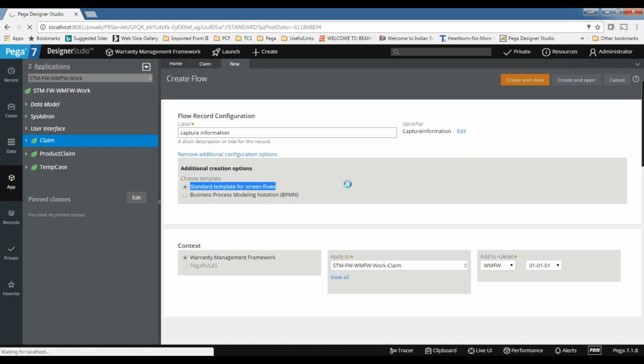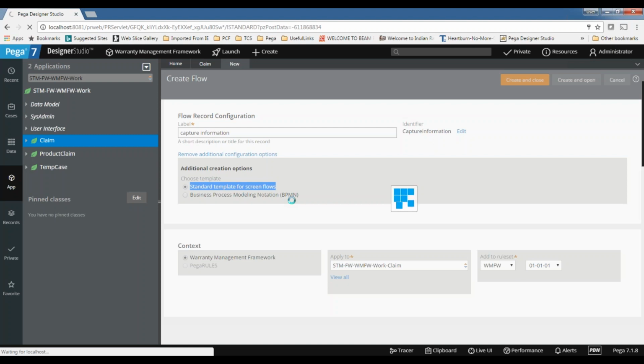Then what about the other option? That is for BPMN, business process model notation. Internally Pega also creates some things, right? So for that reason they use that. For our applications we don't use it. Generally Pega does not fully support BPMN, right?